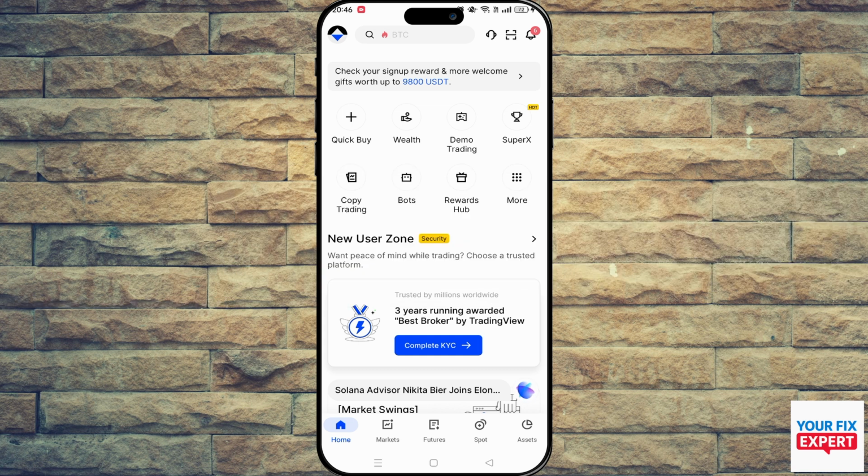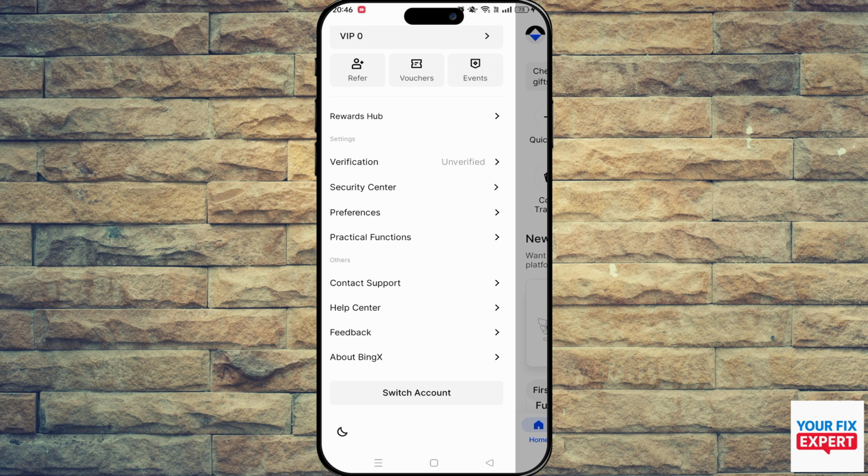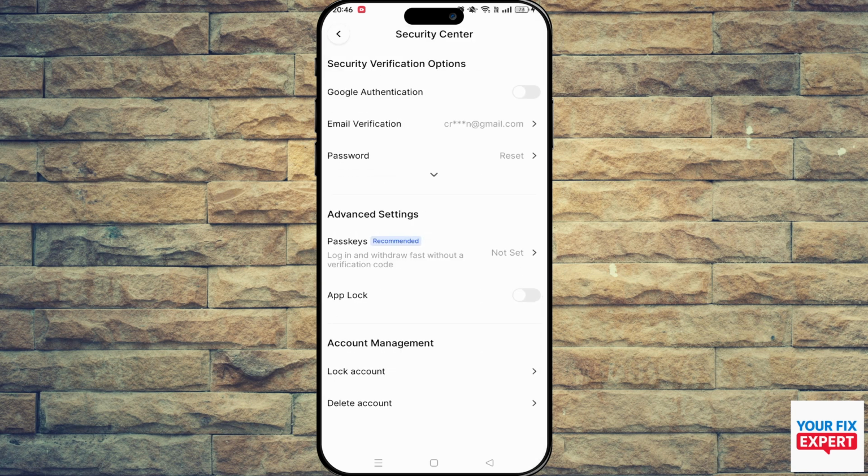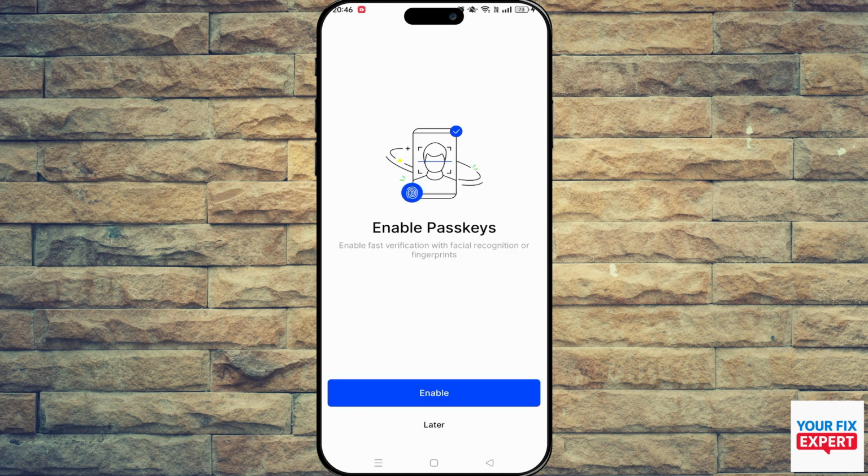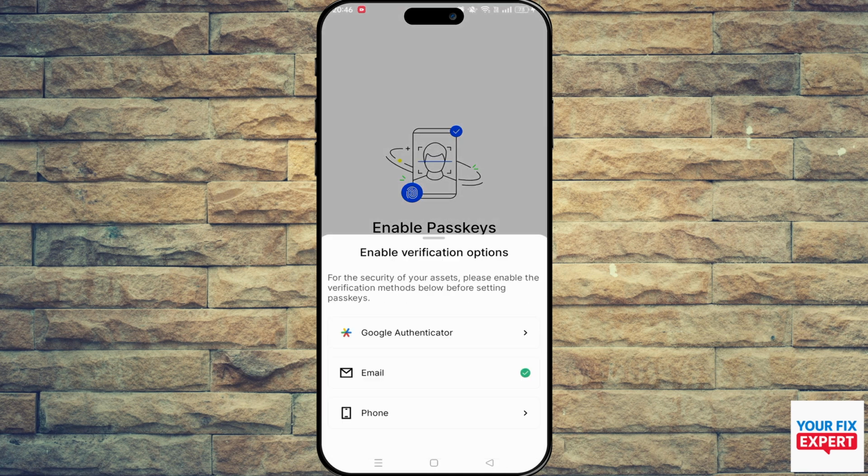Alright guys, so here we are in Bingx, and what we want to do is click on the top left icon, and inside here we want to go to the security center. And now you can click on Google Authentication, but what we're going to do here is go to passkeys. And once we try to set up a passkey, it's immediately going to give us options here, and we're going